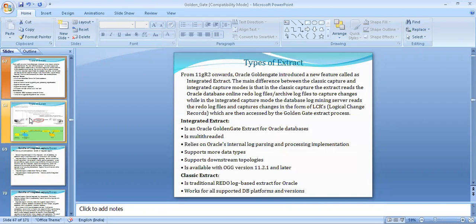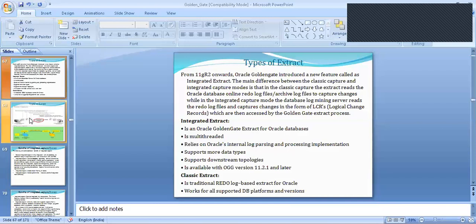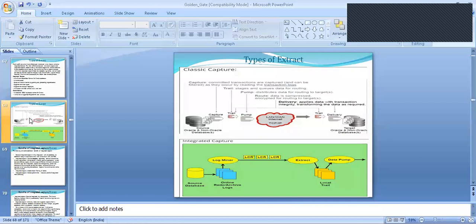From 11g onward, Golden Gate introduced new features called integrated extract and classic extract. Nowadays only the integrated extract process is implemented. It is used for multi-threaded environments as well, and it supports more data types.